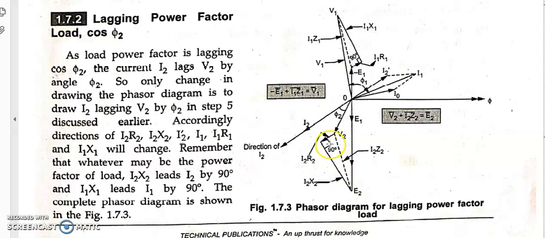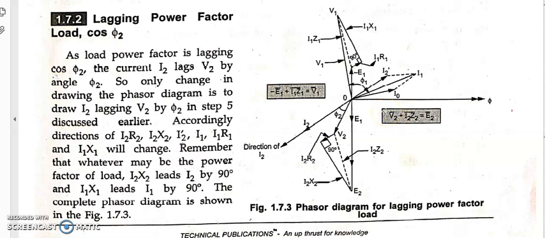Okay, why are we drawing 90 degrees? Because we know that the current I2 as well as the voltage drop across the reactance X2 have a phase difference of 90 degrees. Once we got I2R2 and I2X2, what remains? In the dotted line you can show that the resultant of I2R2 and I2X2 is nothing but I2Z2, that is I2R2 plus j I2X2. And once you know that, you can easily write E2 is equal to the summation of V2 plus I2Z2 here. Okay, this dash represents what?